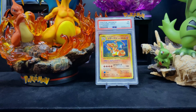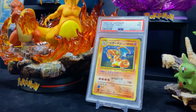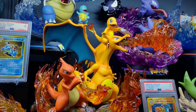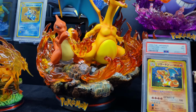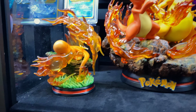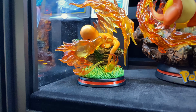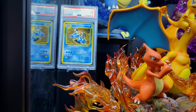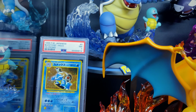Zooming in, we can see the CD promo versions of the starters. This is Charizard, and right next to it is going to be Egg Studios, the evolution family statues with the Charmander, Charmeleon, Charizard. You'll notice this is the Pokken version of Charizard, where he does have some pecs going on there. Definitely not my favorite version of him, but over here we have Moonshadow Charmander, where he's evolving into Charmeleon, and you can kind of see a Charizard resemblance in the clear resin that's going around him, so neat little statue. Then we have the CD promo of Blastoise, which reminds you of some of the covers from the games,